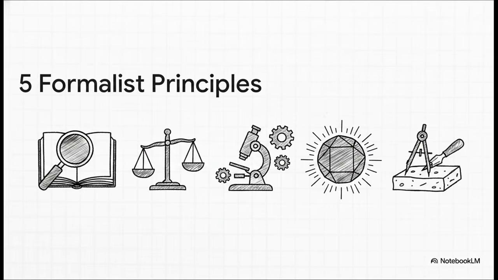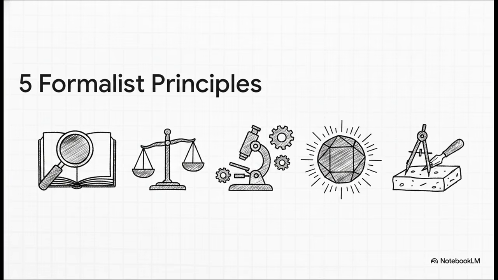So anytime you're assigned a formalist reading in class, you absolutely must adhere to these 5 pillars. 1. You practice close reading. 2. You maintain strict objectivity based solely on the text. 3. You apply systematic, scientific analysis. 4. You treat the text as an objective, unified organism. And 5. Above all else, you focus intensely on the artistic technique, how things like rhythm, rhyme, and metaphor are actually built.